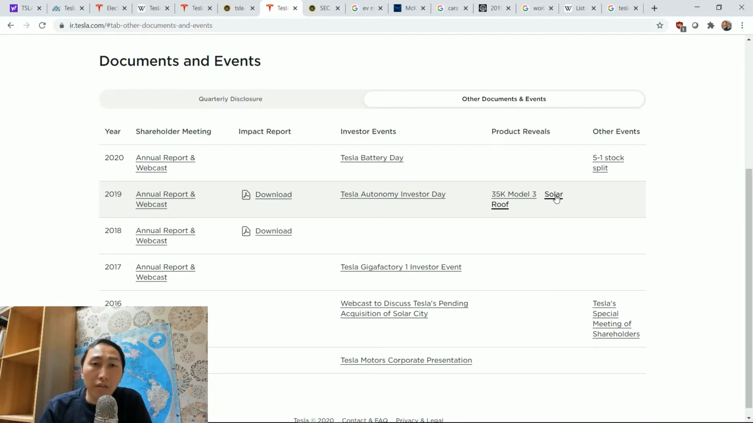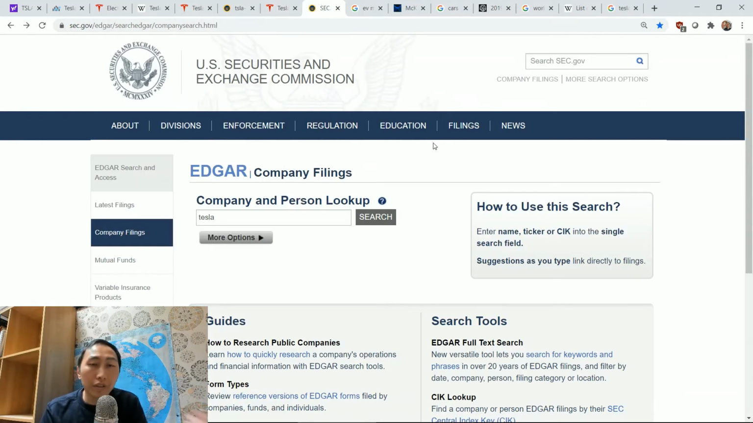So that's kind of the information you want to look at when it comes to this company. You want to look at the financials, you want to look at the products, and you want to look at what the CEO or the management of this company wants to do in the future. And then if you didn't want to go to the investor relations page on the website, you can also go